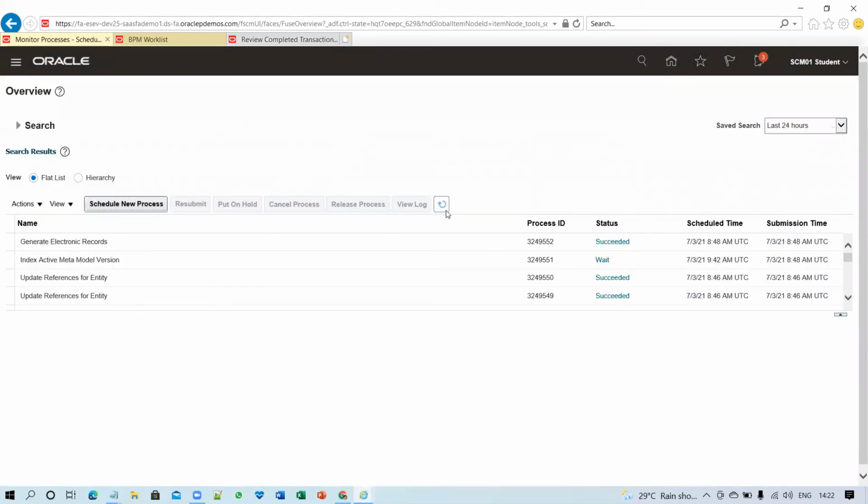Once you click on submit, you have to wait for that program to complete. Generally, once you submit and the records get approved, it will trigger automatically. If, let's assume, it is still not generated, you have to do it this way.